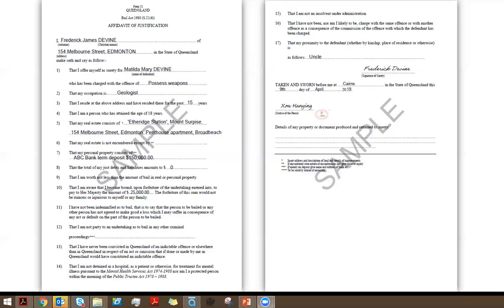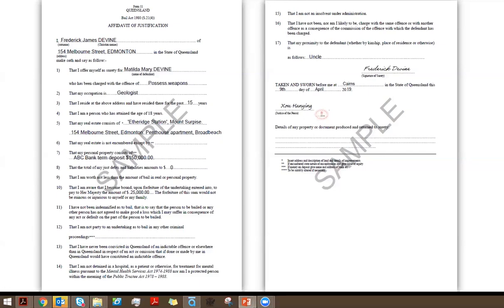They also can't be an involuntary patient under the Mental Health Act 2016, or a forensic disability client, or a person for whom a guardian or administrator has been appointed. They can't be insolvent or under administration, and they have not been or are not likely to be charged with an offence. So those points, starting from 11 right through to 16, come straight from that section of the Act.